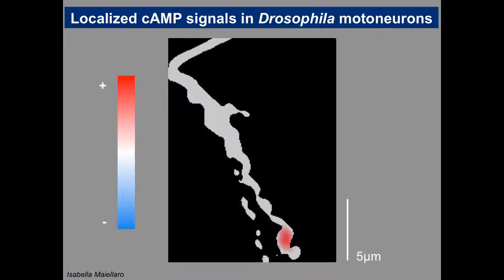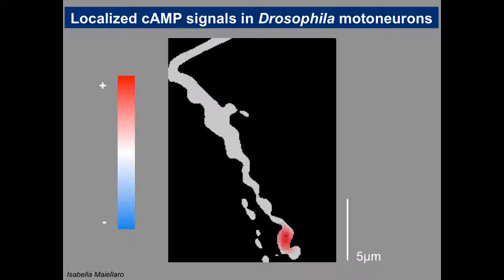So cyclic AMP going up is in red and cyclic AMP going down is in blue. And it's in response to a local stimulus that's delivered here to the receptors on a single bouton. And what you'll see here is a change that occurs very, very slowly and very localized. So the cyclic AMP will begin to appear here. You see this in red. It stays in a single bouton, just a little impulse on the neighboring boutons, and then it goes down, and